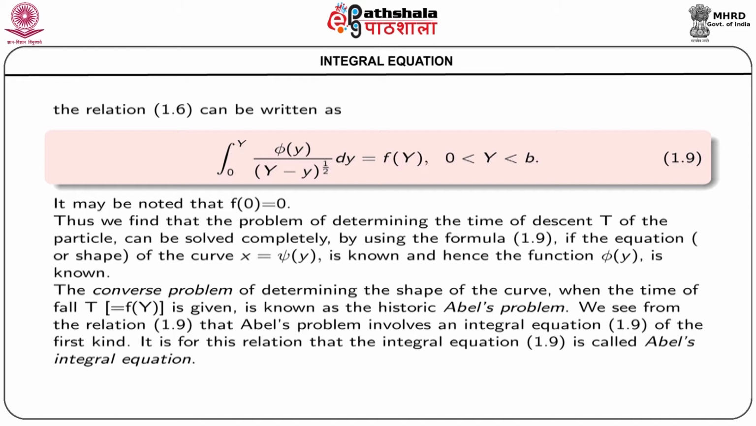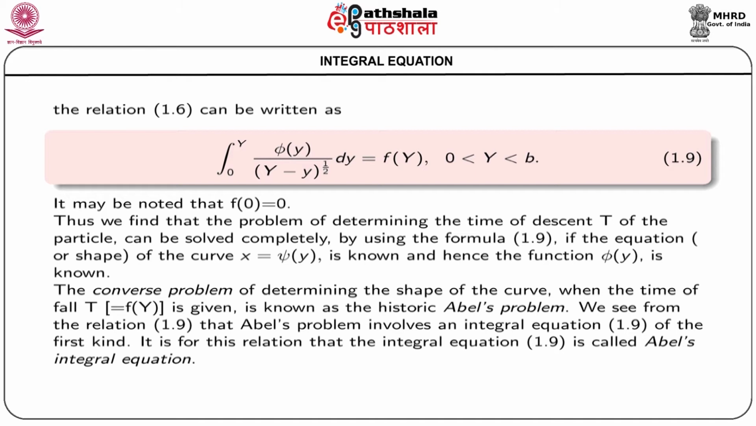Now Abel modified this problem and thought of the converse of the problem: if the time of fall is specified, then can we know the shape of the curve? This problem is historic Abel's problem. That means from equation 1.9